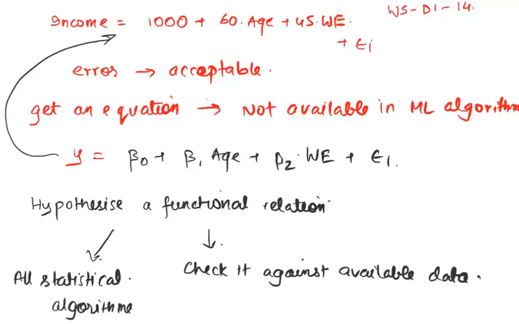In a machine learning model, the way it tries to figure out the best, it will not decide that it has to be a line. It will say that the relationship could be anything. There are non-linear approaches. So every algorithm has its own way of training on the data, which is different from the way statistical frameworks approach the same training. Statistical frameworks will first assume that this is the relationship, and then try to choose the best parameters for that relationship. Not in machine learning.